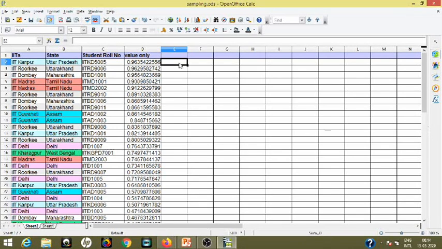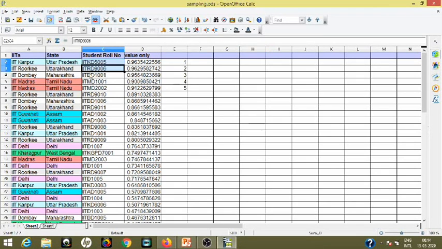Now the simple random sampling method is almost completed. If I take 10%, then 10% of 45 is almost 5. So I will take the first, second, third, fourth and fifth.